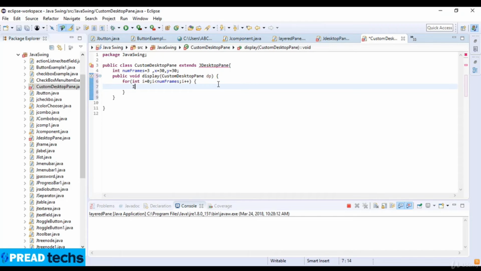Now you write JInternalFrame, and jframe as an object name, which is equal to new JInternalFrame. And here I pass the string which is Internal Frame, then I concatenate i, then I write true, true, true, and true. Okay,